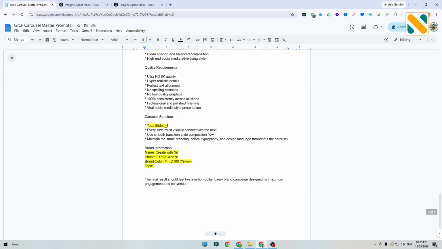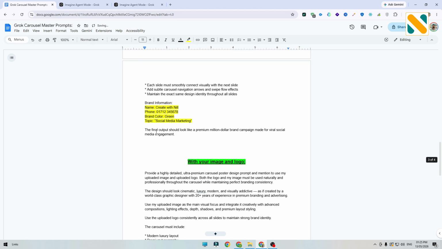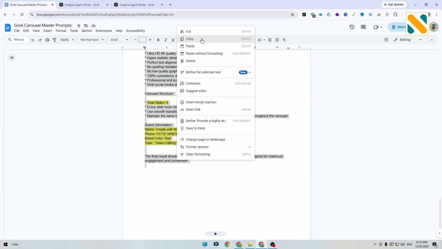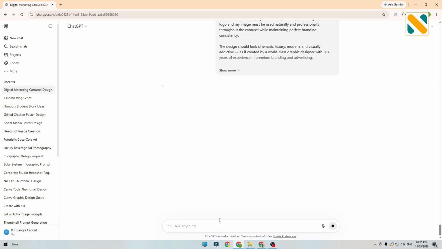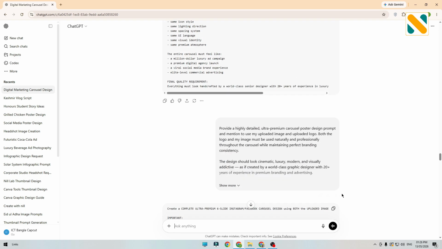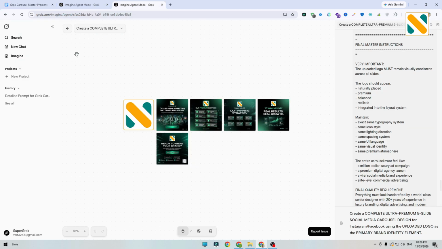Before copying the prompt, here I am using total slides, asking for 6 slides, and the topic will be, for example, video editing, and here I am using my brand color as red. Then copy this prompt, paste it in ChatGPT as well. After it generates this very detailed prompt, go back to Grok, open a new tab,